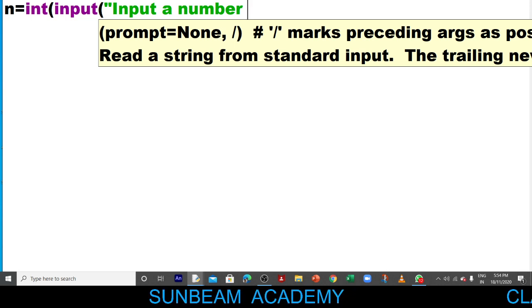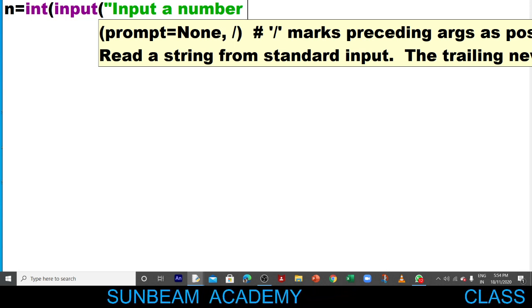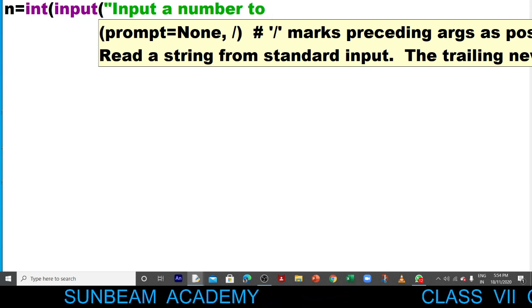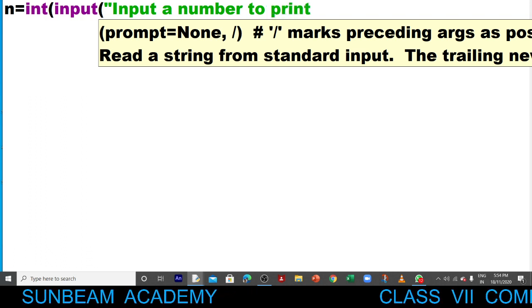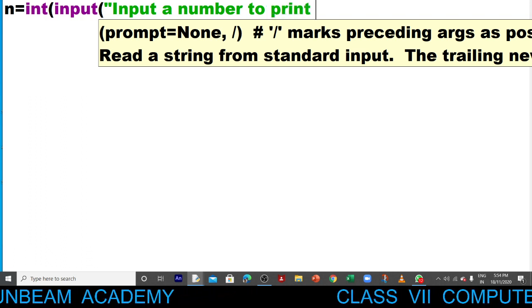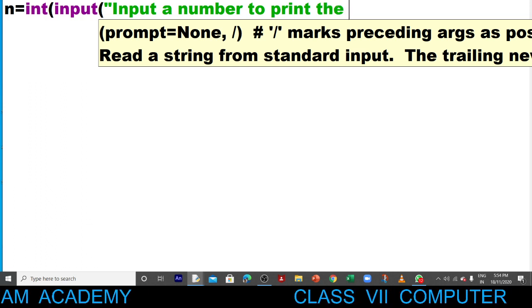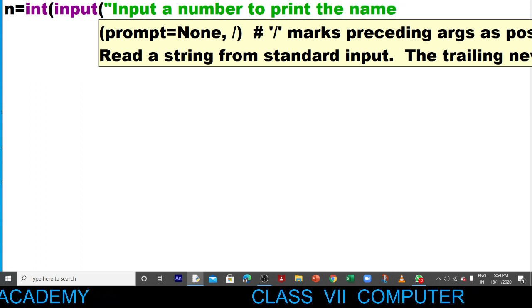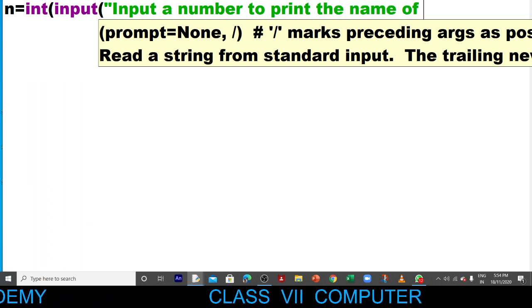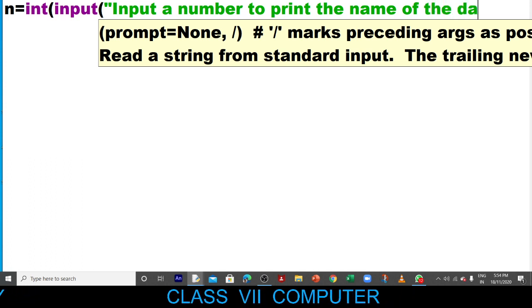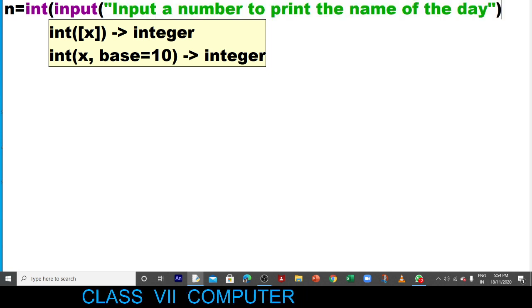to print the name of the day. Input a number to print the name of the day. We have to print a number. Okay, we have to give an input first of all.